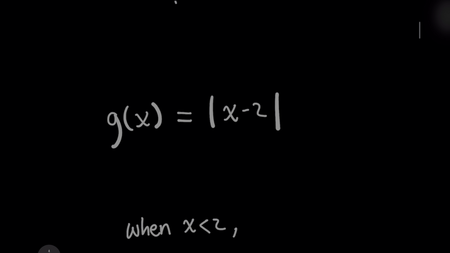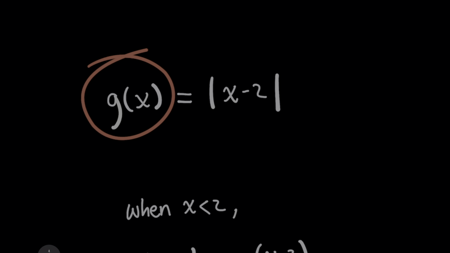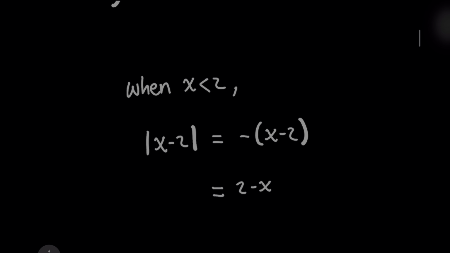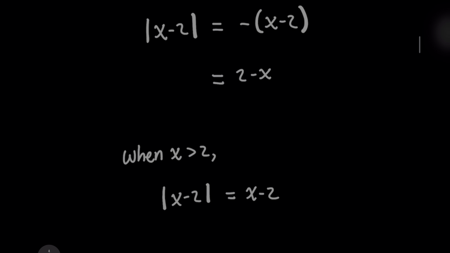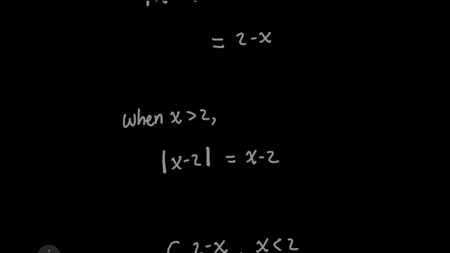So I'm going to call that inner function g of x, and we know that the behavior changes to the left and to the right of x equals 2. By breaking this up into two intervals like a piecewise, starting with x is less than 2, if you plug in any value, notice that you'll get a negative result and the absolute value will make it positive. And so what that means is you can drop the absolute value altogether and put this negative in front, simplifying to 2 minus x. Now, when x is greater than 2, the absolute value sign doesn't do anything,